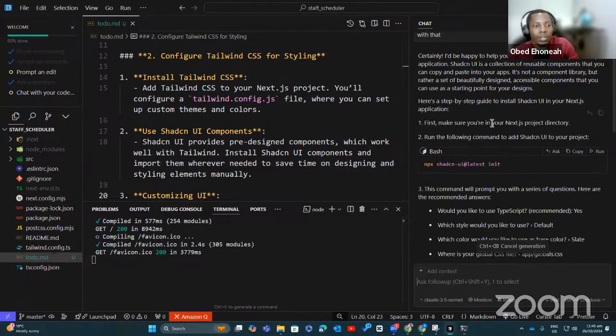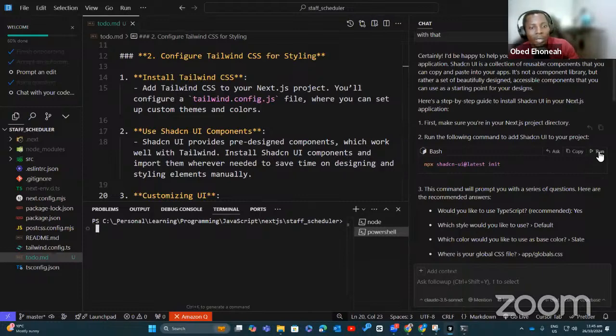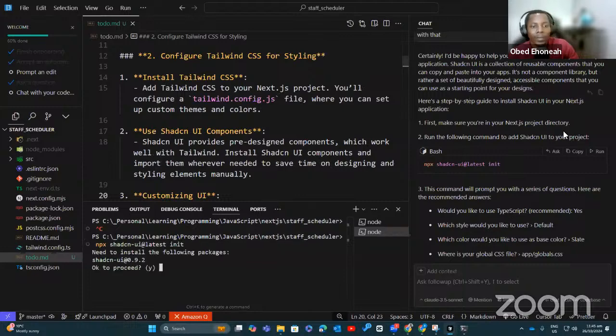And it says, first make sure you are in your Next.js project directory. Run the following command to add shadcn UI to your component. I can copy this, or let me open a new terminal and make sure we are in that directory. I can click on run over here and it tries running it for me.